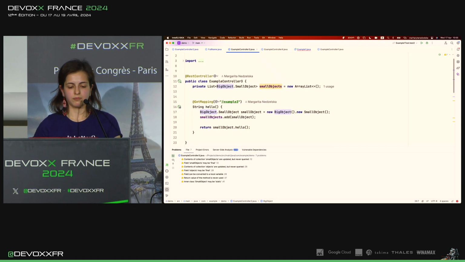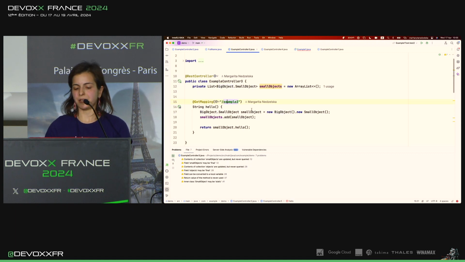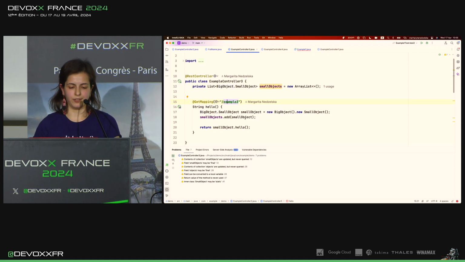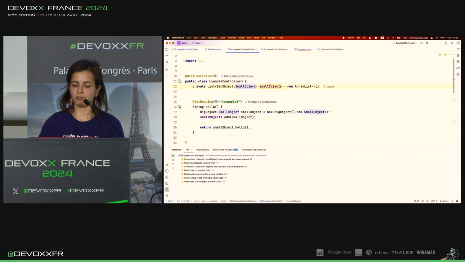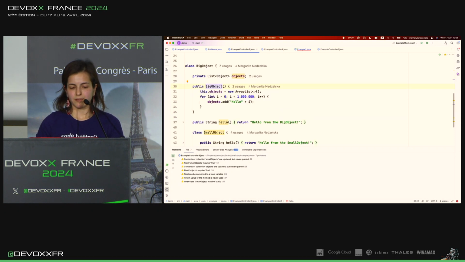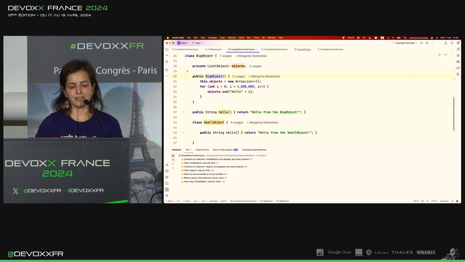First of all, what can we see? We can see that on almost every get call here, we create a SmallObject and put it somewhere. But these are small objects. They seem to be small. But how do we create them? We create them with a BigObject, new SmallObject. Why do we do this? Because actually SmallObject is inside BigObject. And you see my IDE is yelling at me.